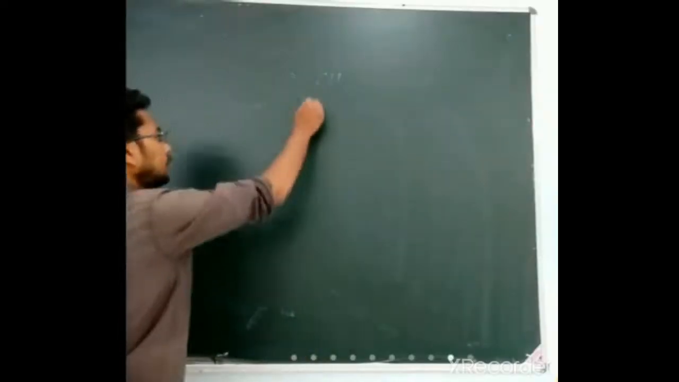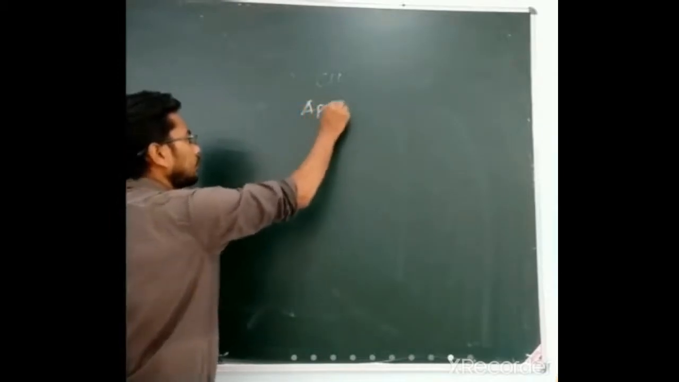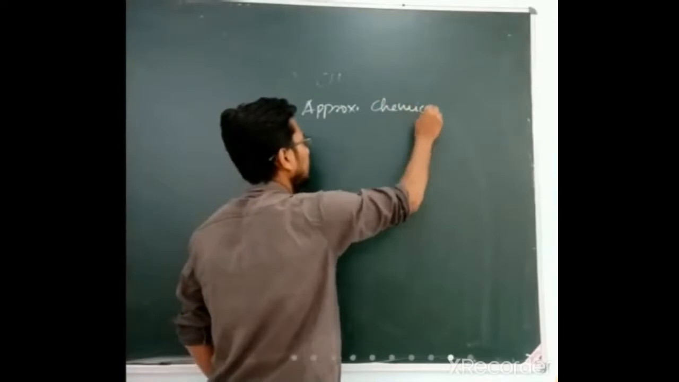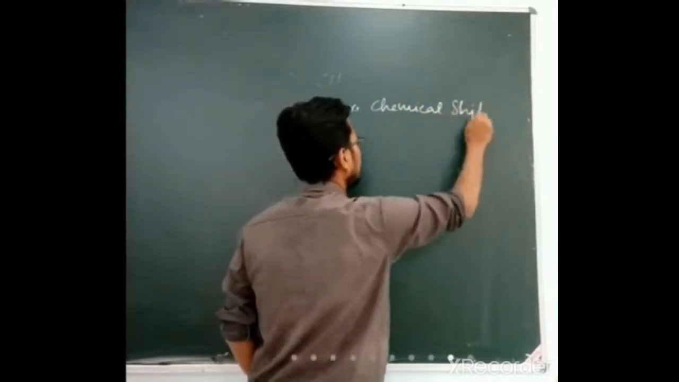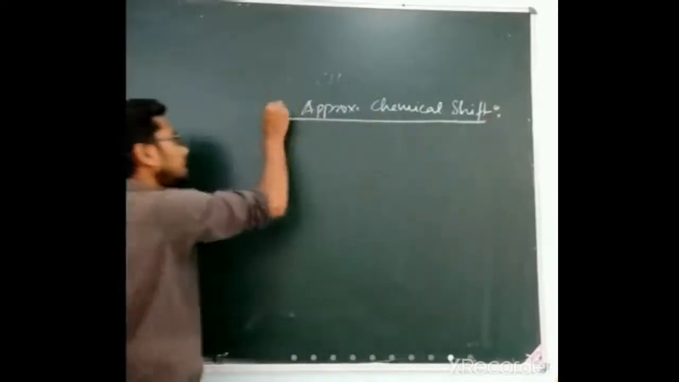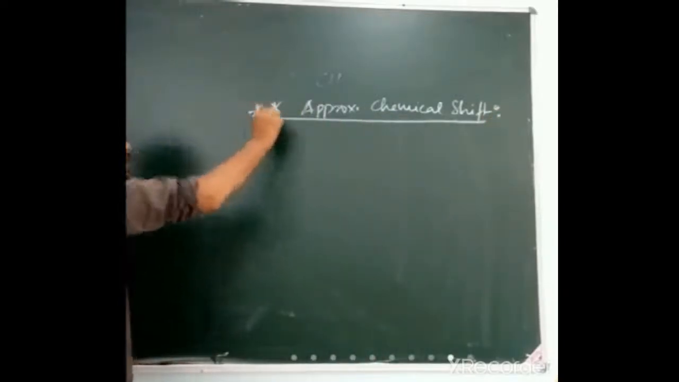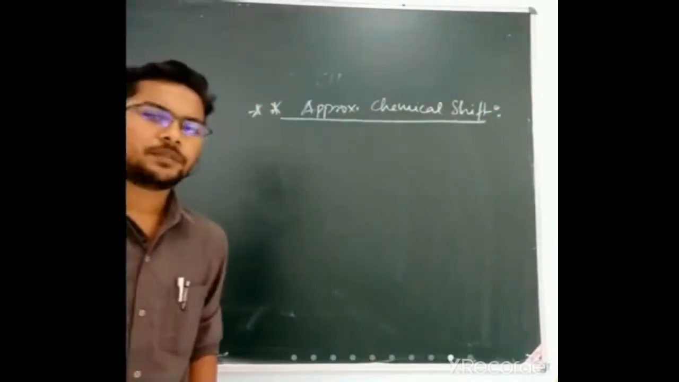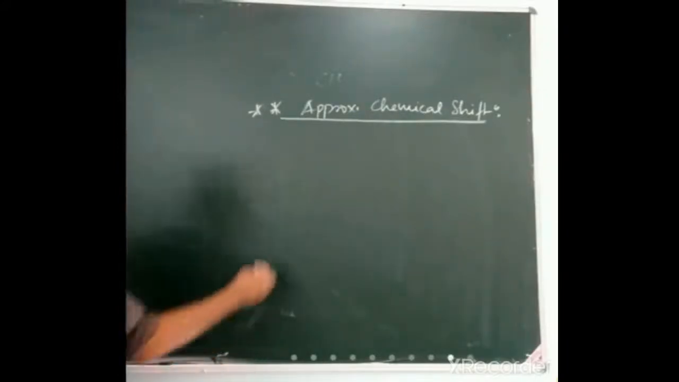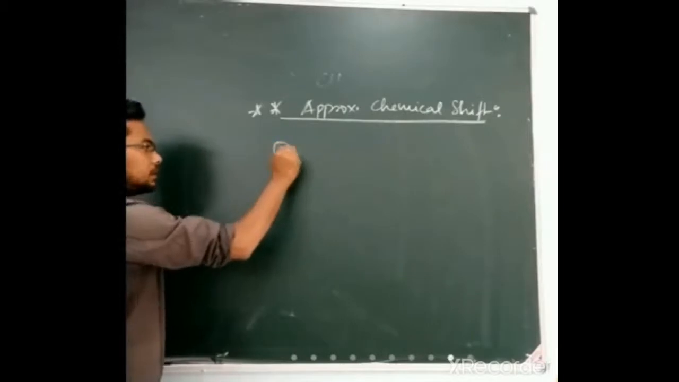So we have to learn about the approximate chemical shift values of different protons. Later on we'll try to learn about carbon 13 active nucleus also. So as I said in the last class, these chemical shift values depend upon